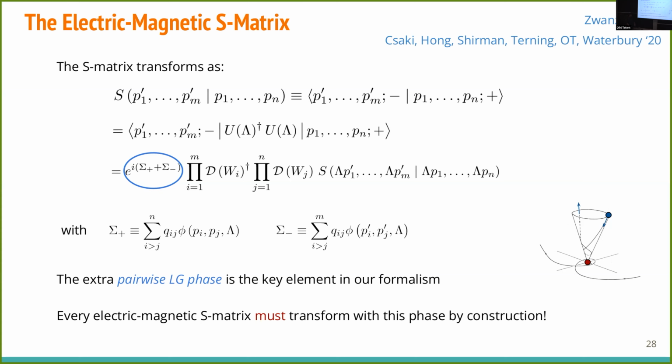What I do is for each pair of charge and monopole, I go to the center of mass where their momenta are back to back along the z-axis. Now I ask what subgroup of Lorentz transformations keeps them fixed. These are just U1 rotations, and this is why it's a helicity. So a helicity is just labeling the representations under this U1 rotation, which keeps these reference momenta back to back. And now I have a canonical Lorentz transformation that takes these back to back to any other direction. And what I'll have is now an associated phase,